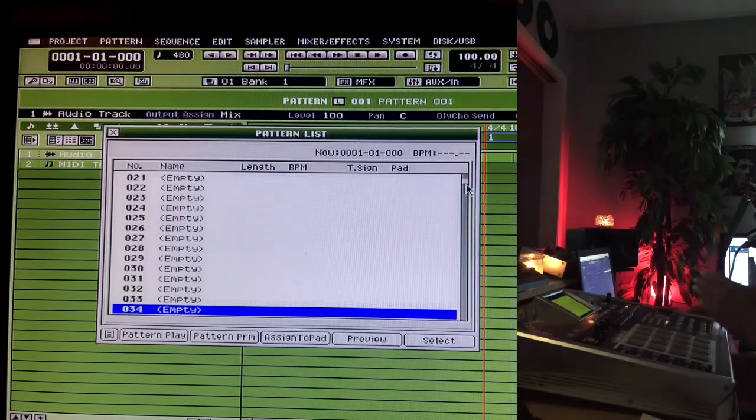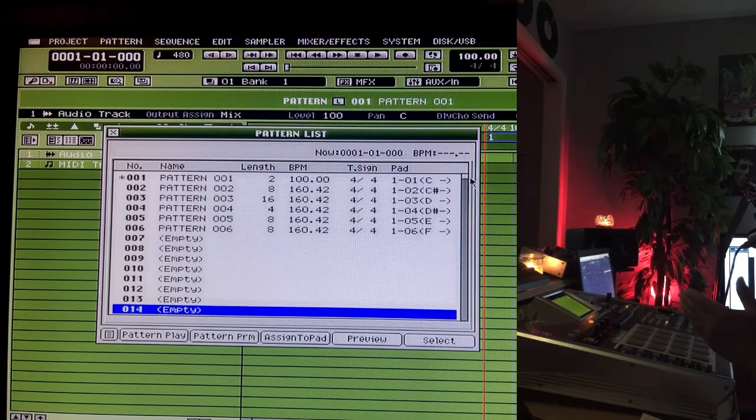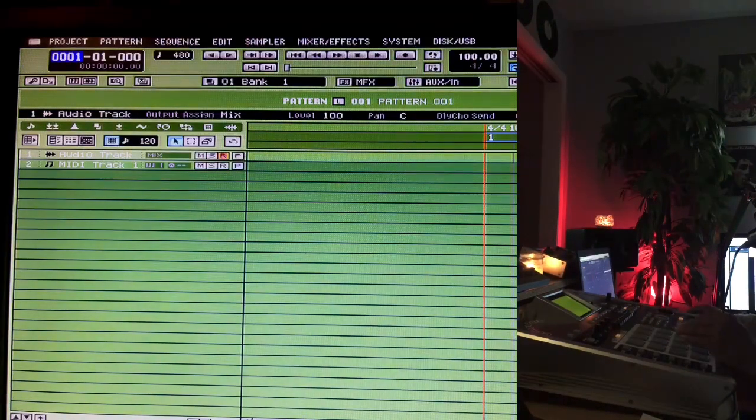So you can stay within this project and just dip into pattern mode, grab a clip and bring it into the current song and never really have to worry about that again because you've recorded it like that as a pattern. Now I can go out of pattern mode,